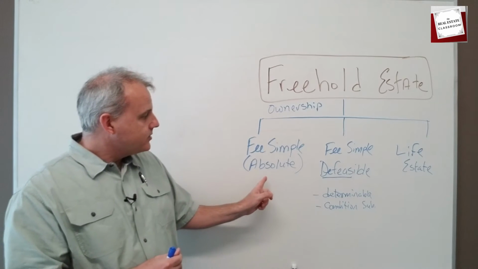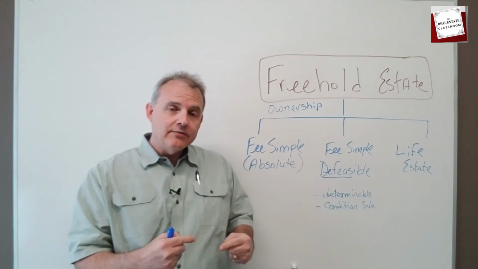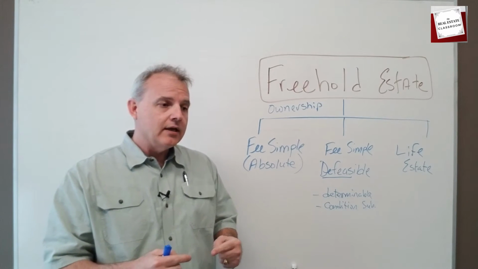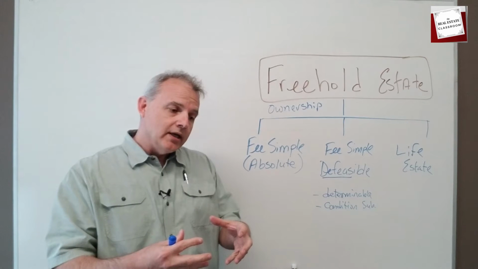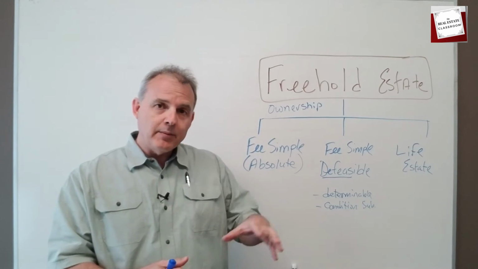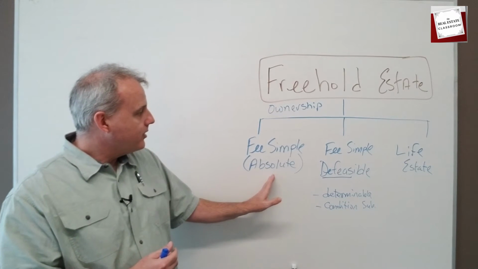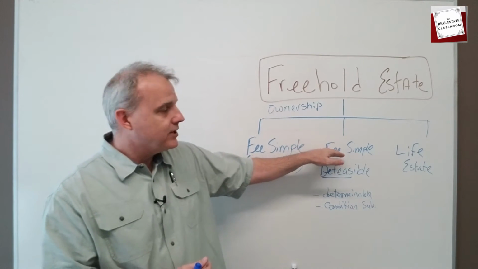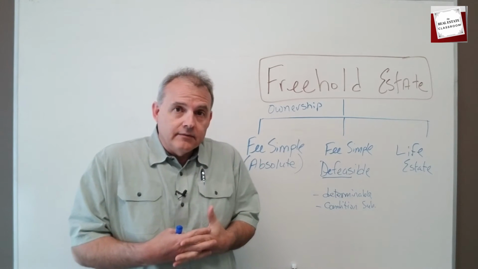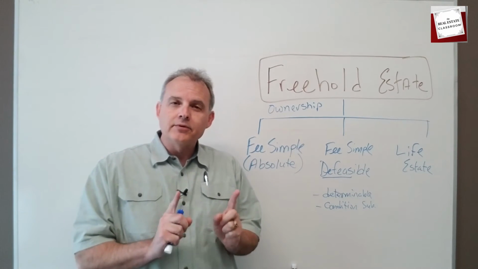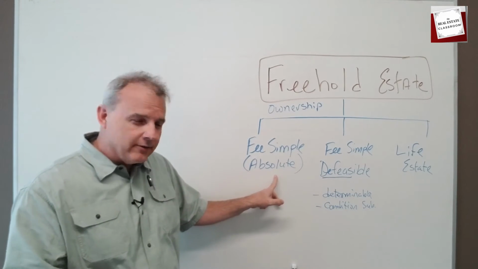All right, so I'm actually going to sign a deed. I'm going to transfer title over to the city, but in that deed restriction, it says that it can only be used as a park. And so if it's used for anything else, then the ownership's going to be passed on to someone else. So I own the property fee simple absolute. I transfer title over to the city. Now the city owns it. They have fee simple title, but they have fee simple defeasible